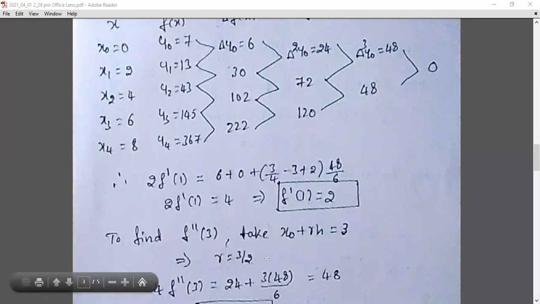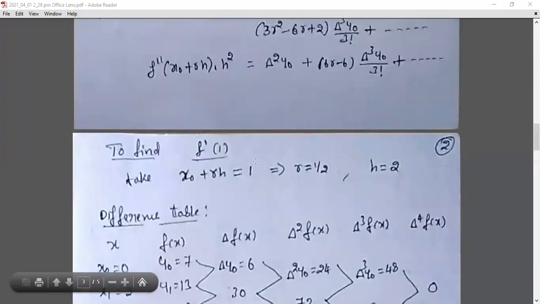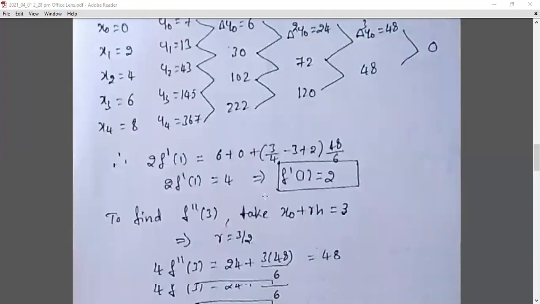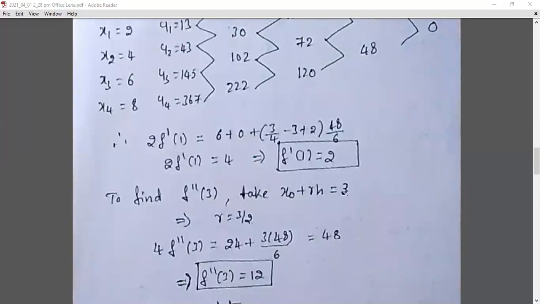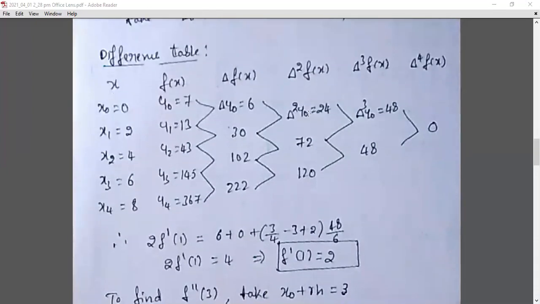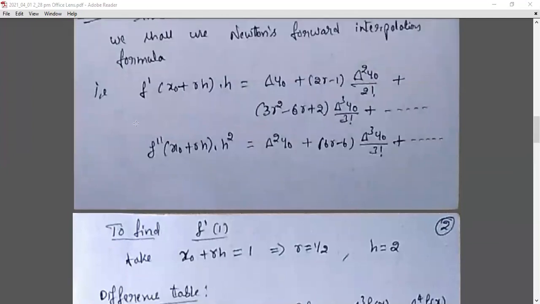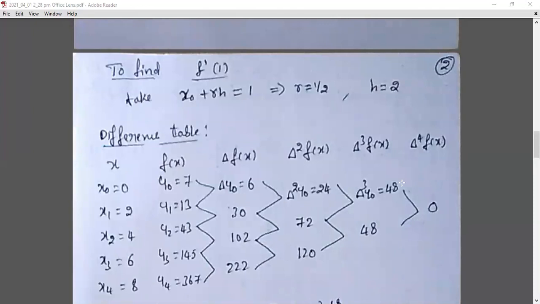again you have to find r, because this changes, right? Here the value of x is 3, whereas earlier it was 1. So you need to define the r value again. We have x naught plus rh equal to 3. From that we have r equal to 3 by 2. Now you're going to substitute into the table; these values remain the same, so only the r value will vary. You'll be substituting the r value, x naught is 0, h value is 2, and del square y naught and del cube y naught you'll obtain from this table.